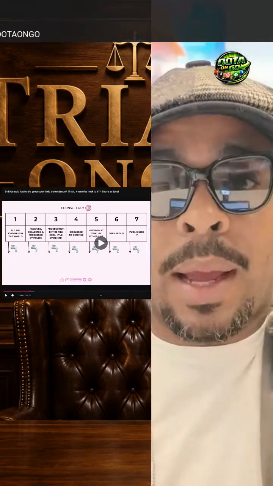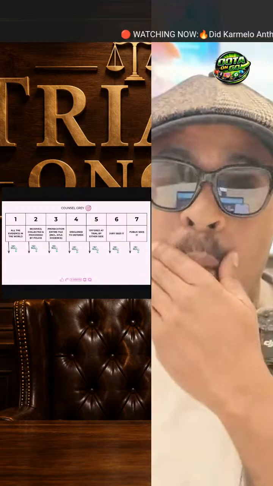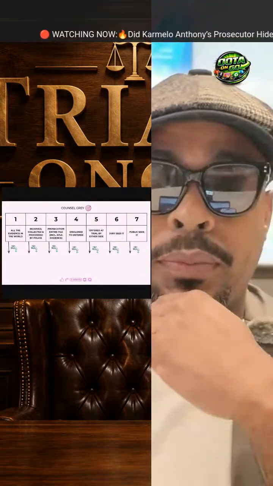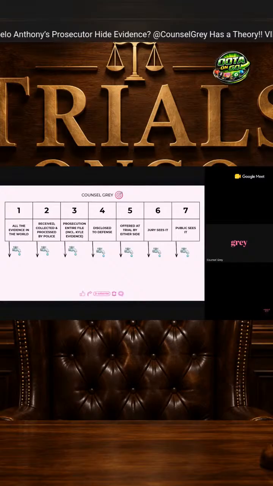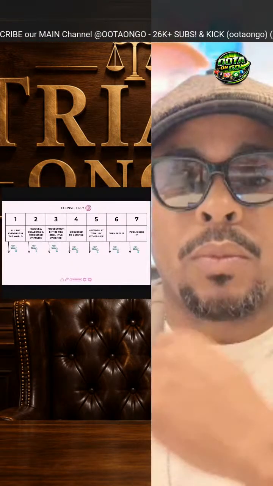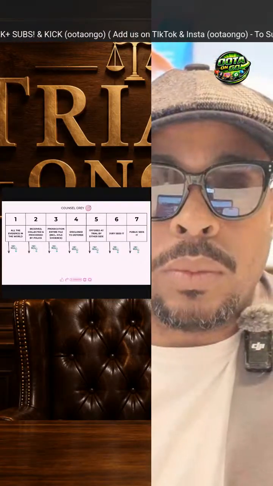I appreciate that. Stage 1, like I said, is all the possible evidence in the world. Some of it pertains to this matter, some of it does not. So the next phase, which is a narrower phase, is that portion of evidence which is received by the police, either because someone brought it to the attention of the police, or it was collected at the scene and processed by the police, right? You see that as a much smaller set of information, okay?